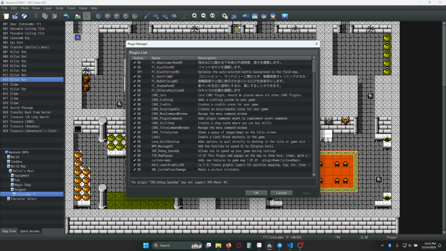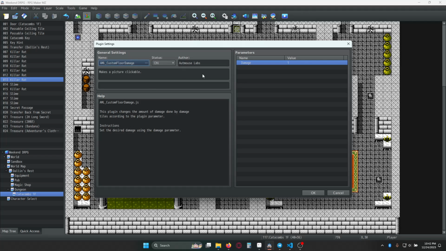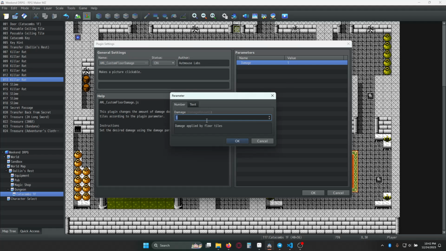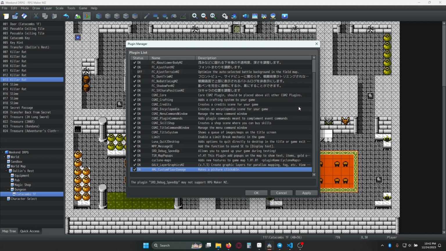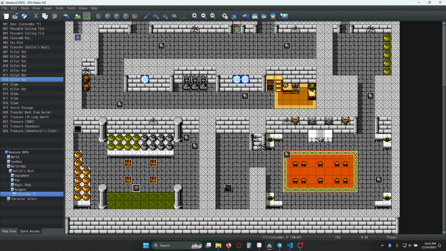If you look at it in the editor, it looks like this. We go into our plugin manager, we turn it on, and we set our damage. In my case, I set it to 1 because I'm doing a very low stat game, but you can do whatever you'd like here. We hit OK, we hit apply, we jump into a test,